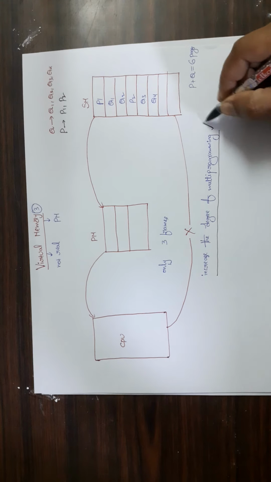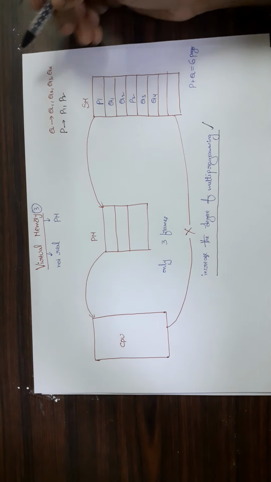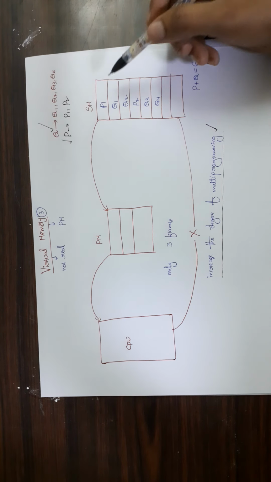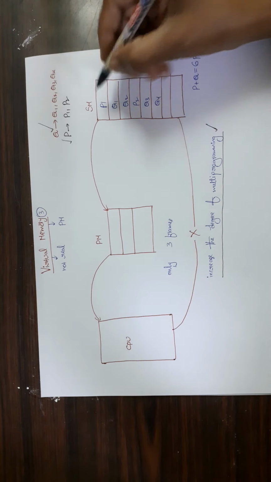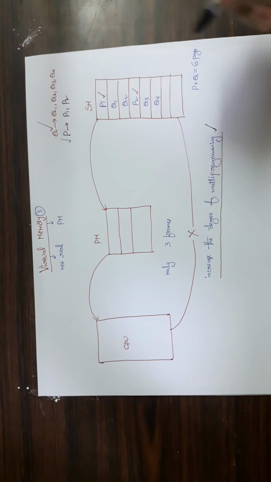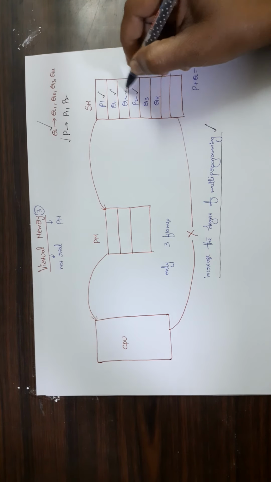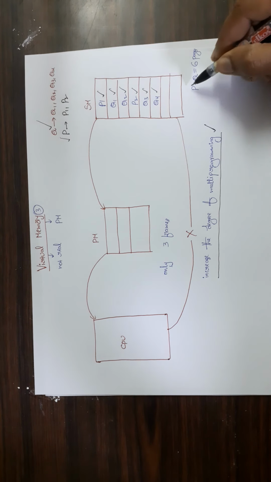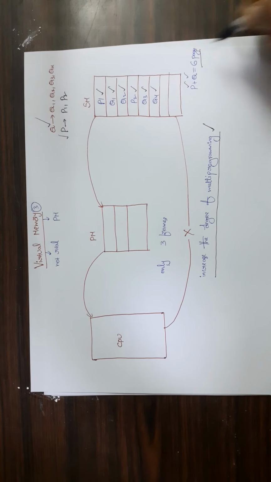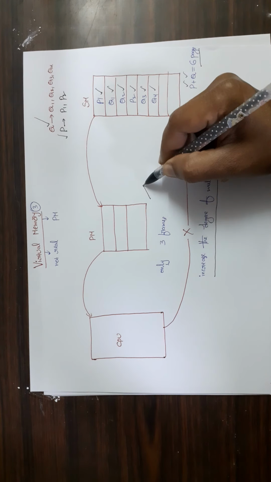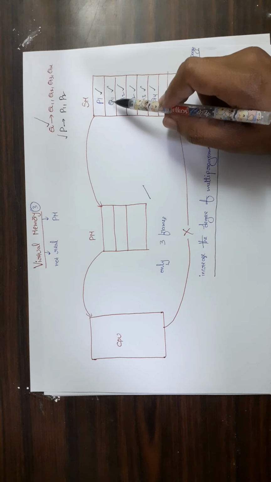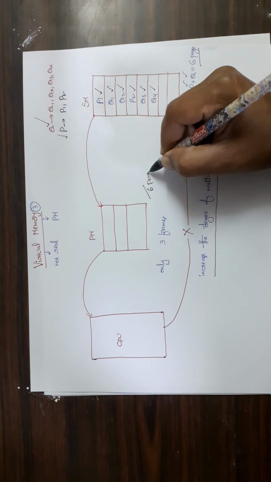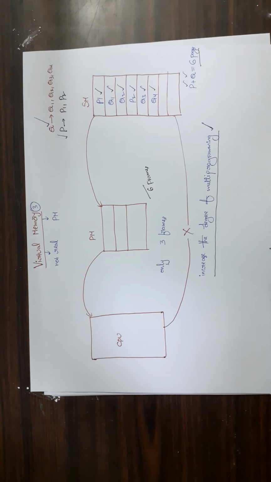I'll explain this point with the help of an example. Let us assume that I have a process Q and process P. So process P and Q are stored in the secondary memory. So P1, P2 data is stored here. Q1, Q2, Q3, Q4 data is stored here. Now, if you observe, processes P and Q require 6 pages. That means if you want to load those processes into the primary memory, then we need 6 frames. But here if you observe, we have only 3 frames, right?